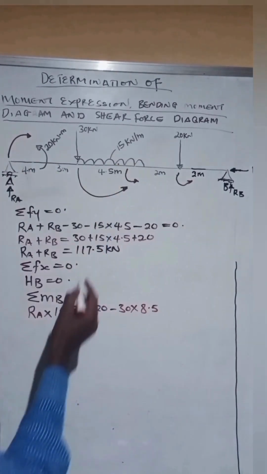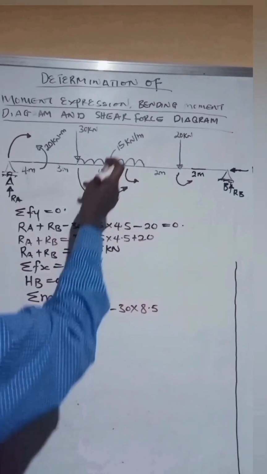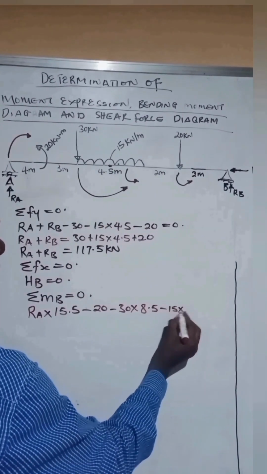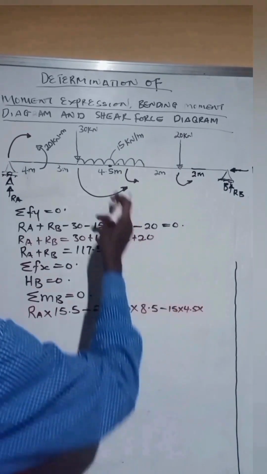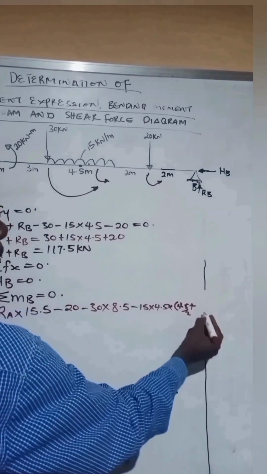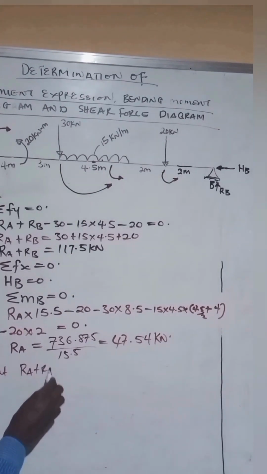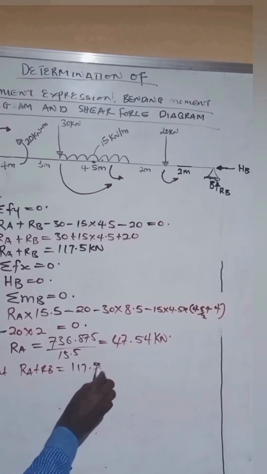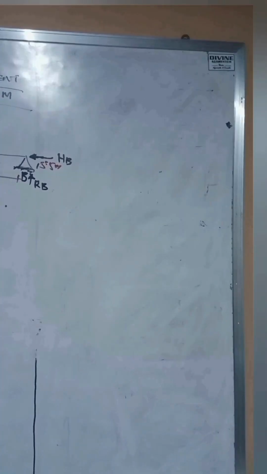Now this load acts at this point. The load becomes minus 15 times 4.5 times the center plus 4. But RA plus RB is equal to 117.5. Therefore, RB becomes